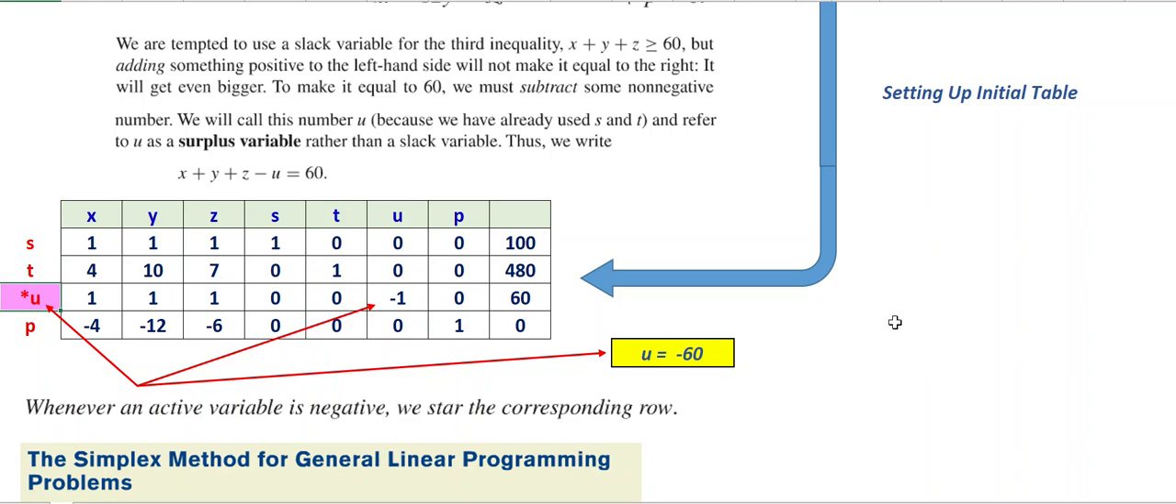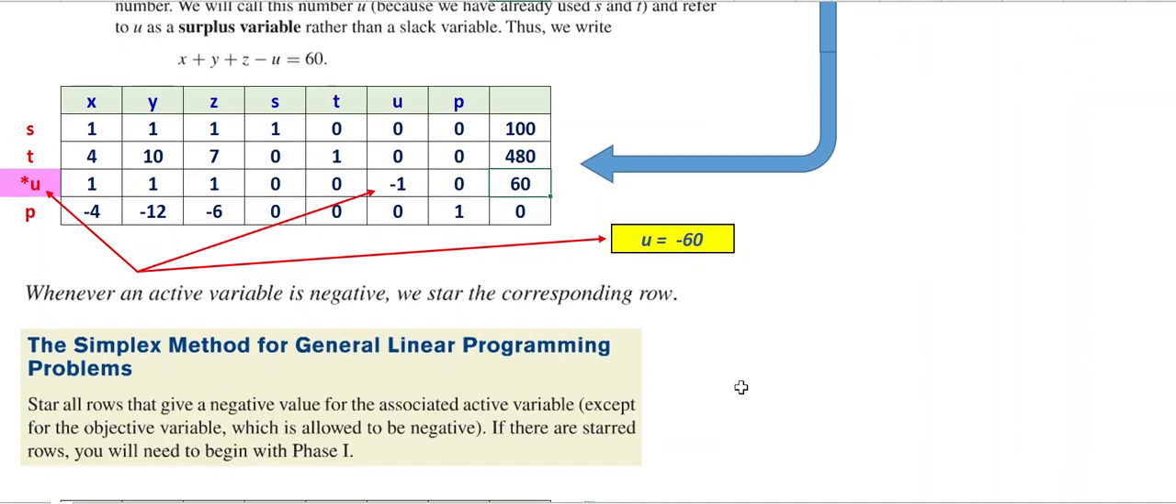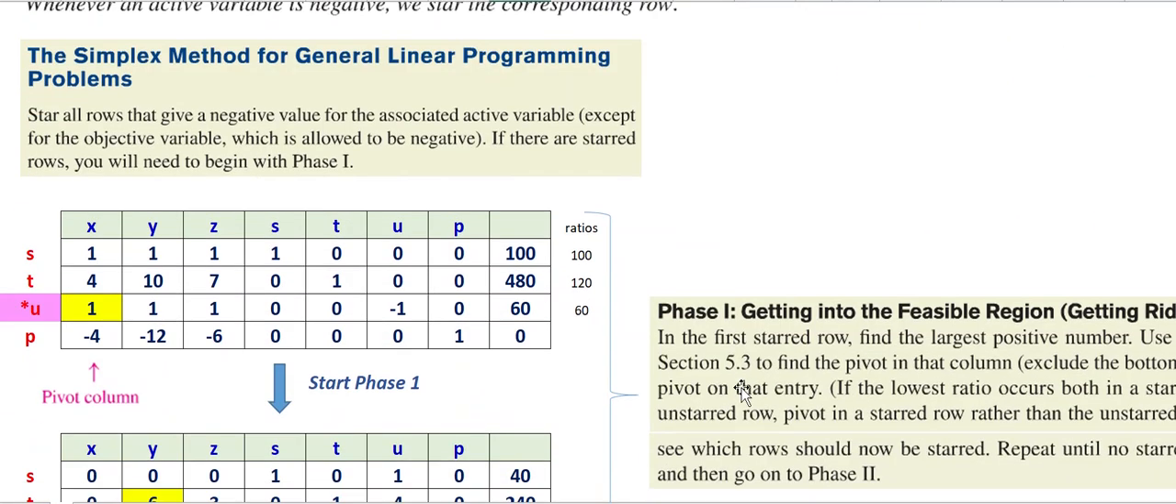All right, so why do we need to know that? Well, getting started, finding the pivot is a little bit different now. I highlighted U by coloring it in purple and putting a little asterisk. I don't care how you do it, but just make sure that you know that this row, the U row, has a negative active variable in it. So to find the pivot,